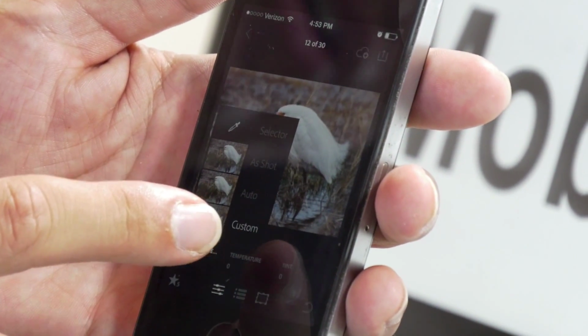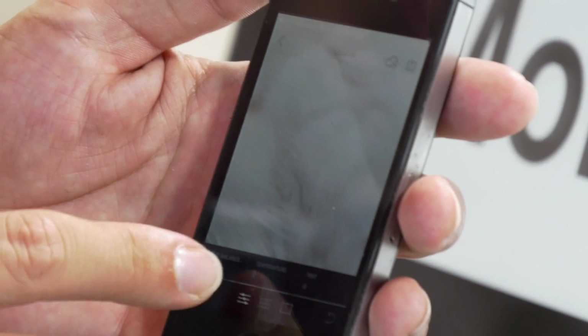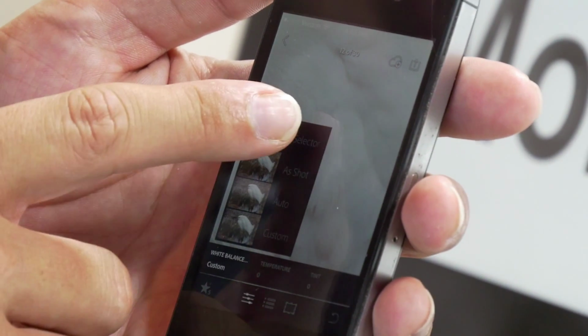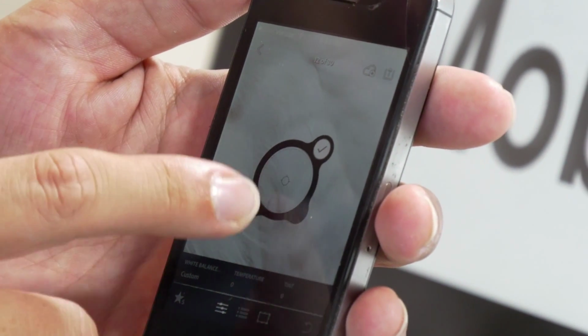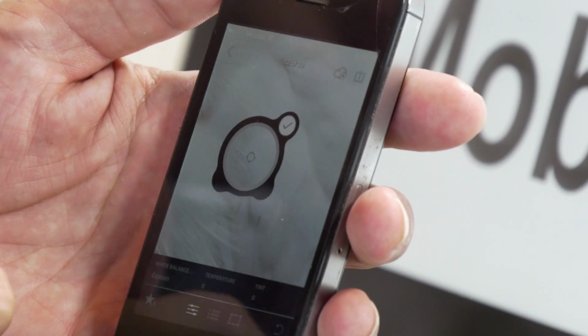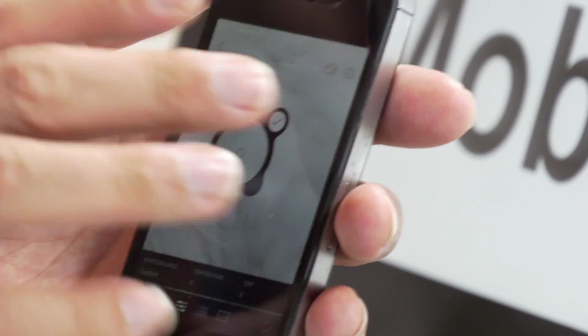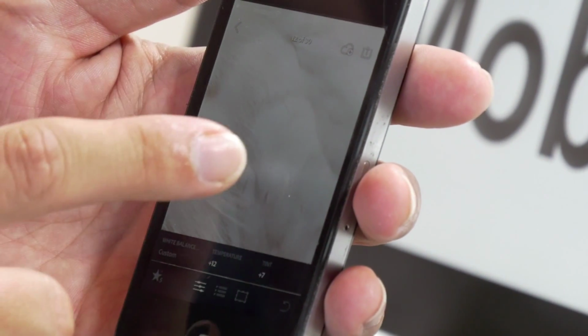I'll select a custom white balance here. So I'll zoom in tight on the part of the picture that I want to set the white balance from, and I'll select this, and then I'll select the selector, and now I can move this around a little bit and put it wherever I want the white balance to be. You can see a little circle right in the middle there that tells me what part of the picture it's going to white balance from. So I'll click the checkbox,